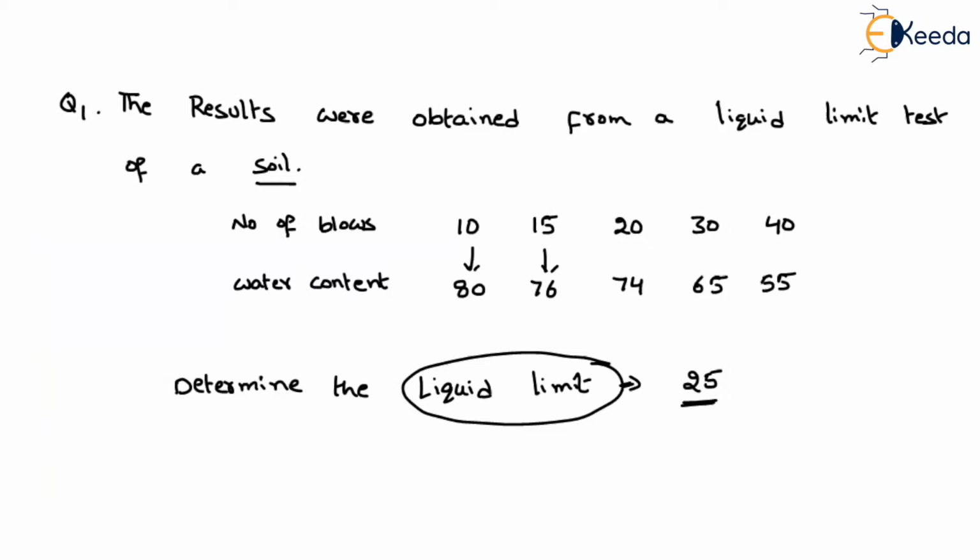If you remember, we have drawn a graph, along the x-axis we have taken the logarithm of the number of blows. Let us say the number of blows I represent with n, and if I simply write log, that means log with respect to 10. If I represent log e, or directly ln, it is nothing but a log with respect to e. Just make sure about this point. And along the y-axis we have to consider the water content. Now, as the number of blows increases, the water content decreases.